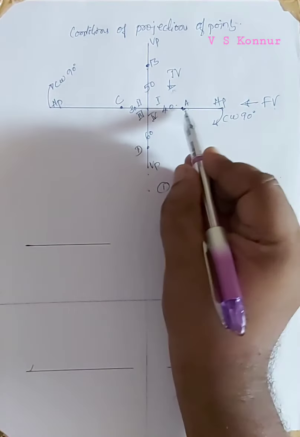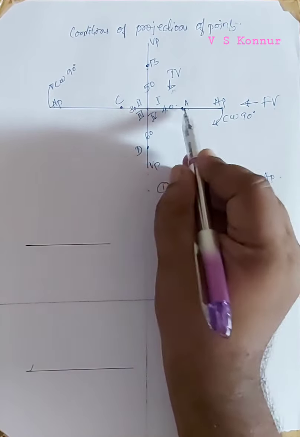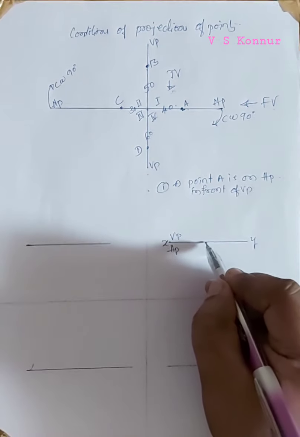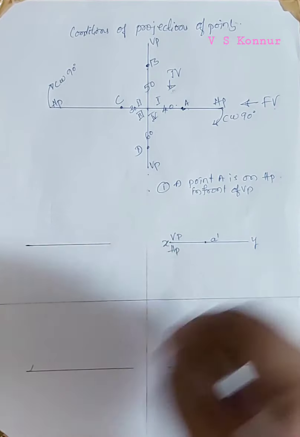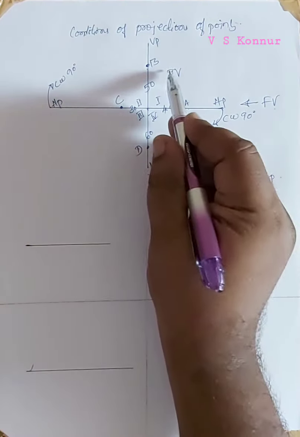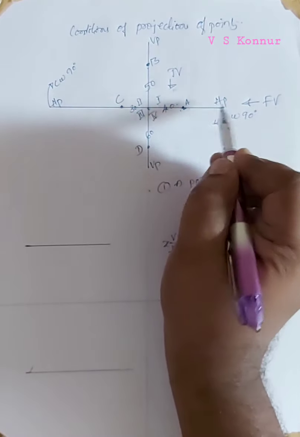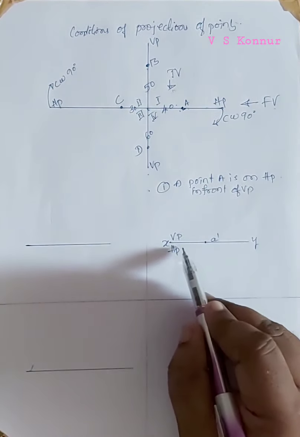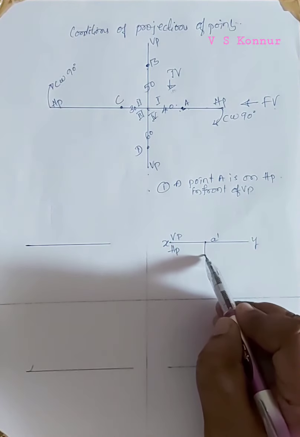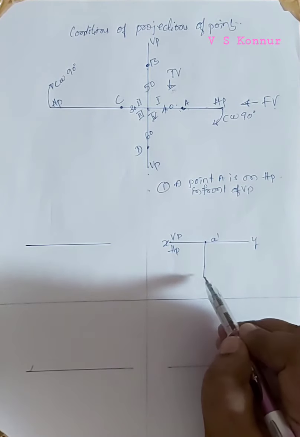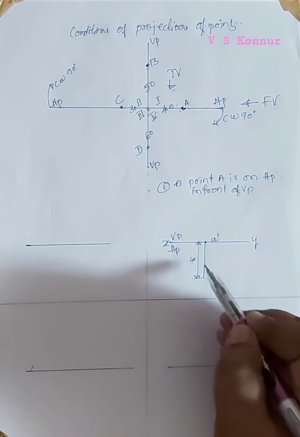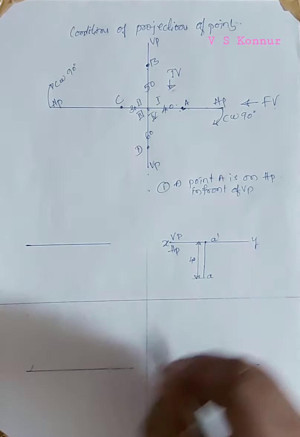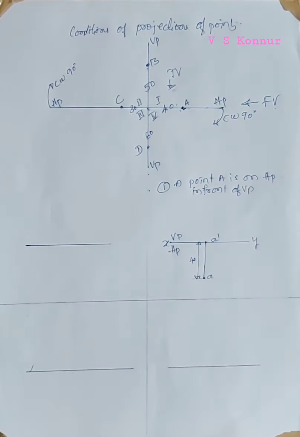Now, when you are viewing from the front side, that point A is projecting on the intersection. So on the intersection, that is XY line, we'll mark a point and it is a front view. It is indicated by A dash. Next, from the top view, the 40 mm distance will be projecting on the horizontal plane. So the horizontal plane is here below XY line. So we'll take 40 mm distance and give the dimensions, and it is indicated by A, and you have to mark a point here. It is the projection of points. So this is the first.